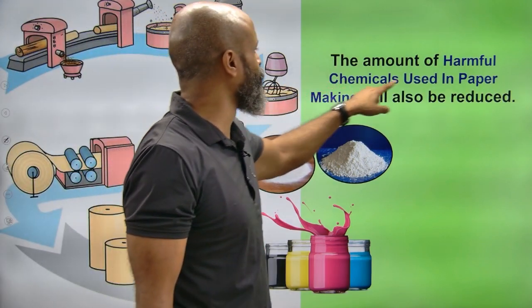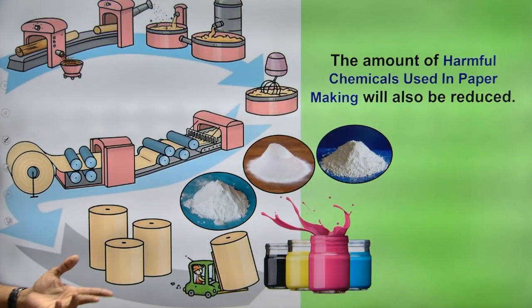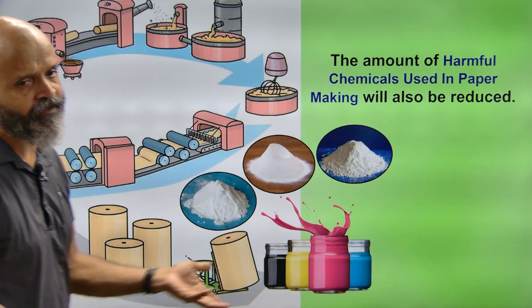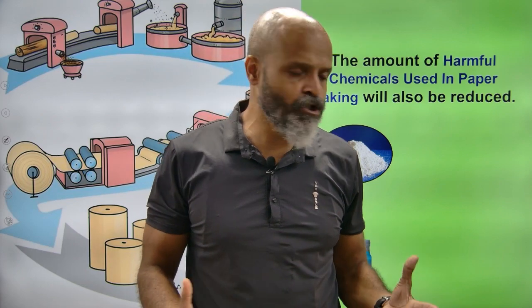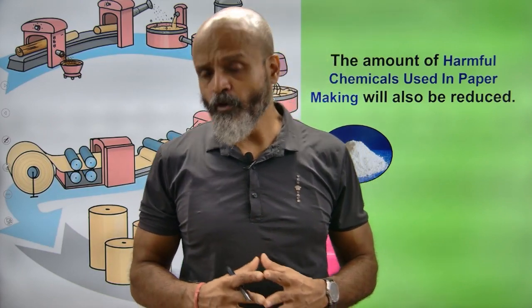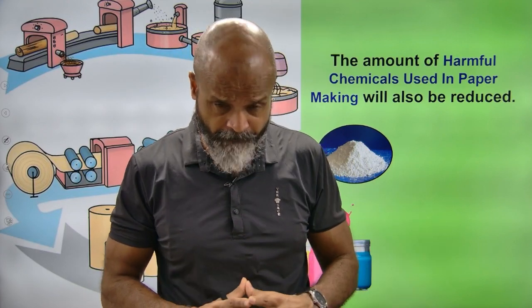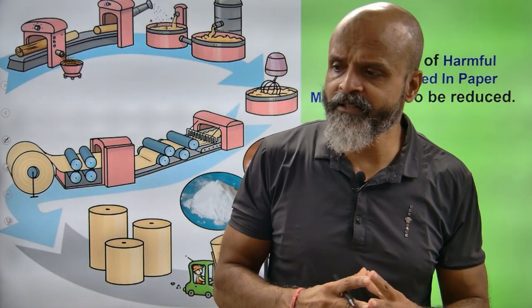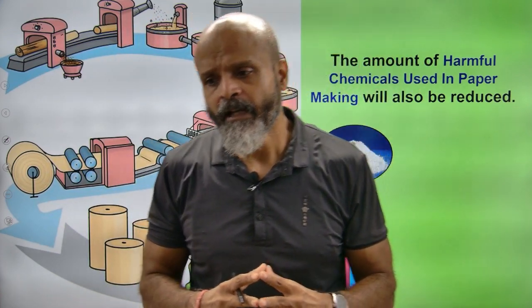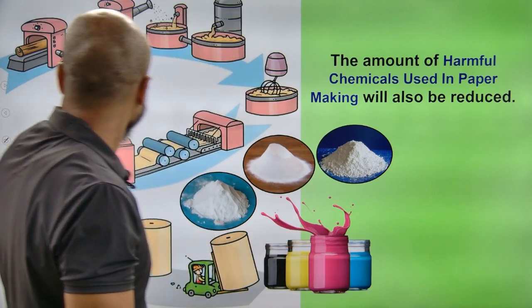The amount of harmful chemicals used in paper making will also be reduced. There's so many chemicals that are used. And where are these chemicals dumped into? Obviously the soil, the atmosphere. Okay, so this again gets into the atmosphere and creates pollution. So not only the cutting of trees is a disaster for us for paper production, but the chemicals that are used, they are also causing environmental degradation. And all of this can be avoided if we are a little careful about things. Okay,